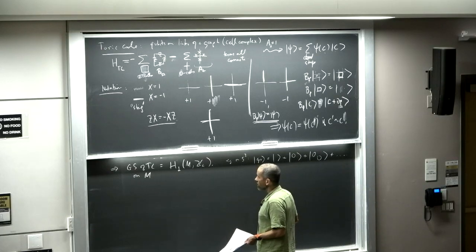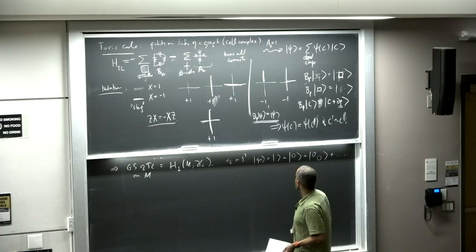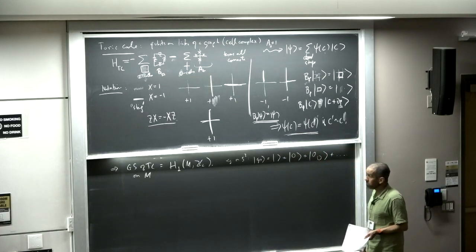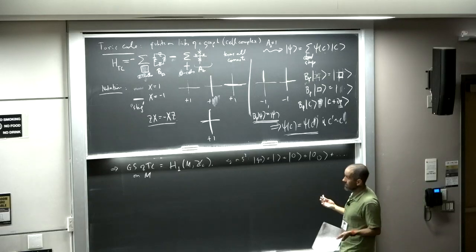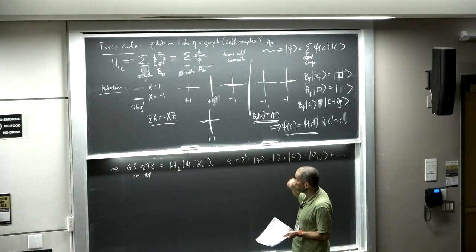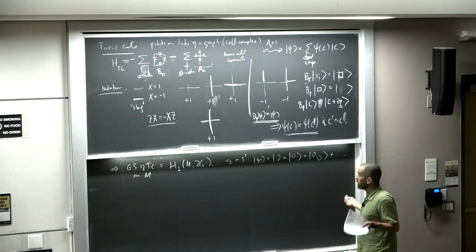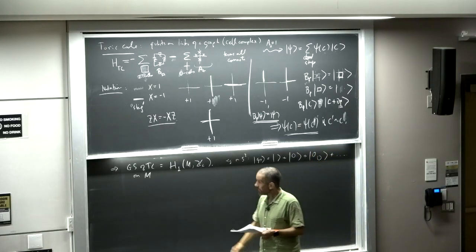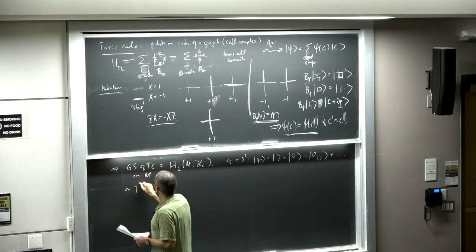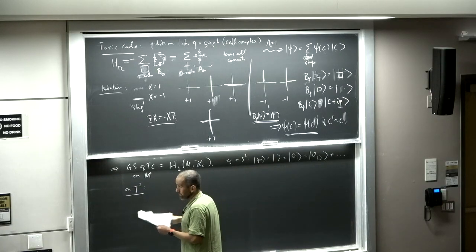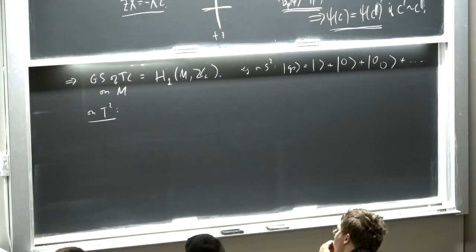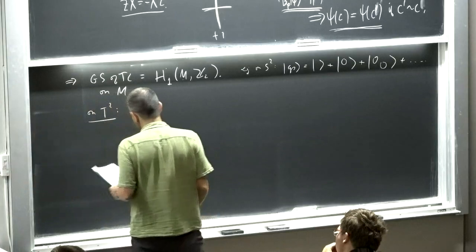But if we put the thing on a torus, then this relation no longer completely specifies the wave function, because the wave function in sectors where the strings wind around the cycles of the torus are not related to each other by this local condition. Instead, this is the equation that I was mumbling about over here. In this example, I can make it very precise. Instead, they're related by that equation, where W,